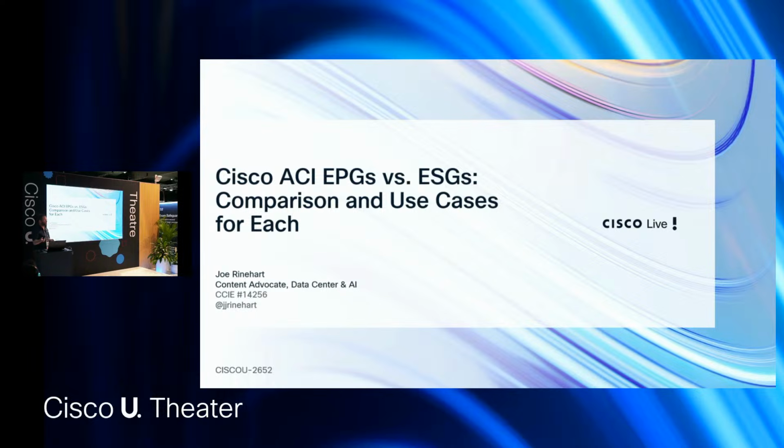For the next 30 minutes, I'll have your attention, hopefully, on ACI, ESGs, and EPGs. The alphabet soup of ACI continues. My name's Joe Reinhardt. I'm a technical content advocate in the Learning with Cisco organization. I cover data center and AI. And my favorite acronym for ACI is a lot of confusing information. Because when it first came out, you had core, aggregation, access pounded into you as a Cisco certified individual, and the first page of training shows the CLOS network. And it's like, how do we get from there to here? So sometimes it can have peculiarities.